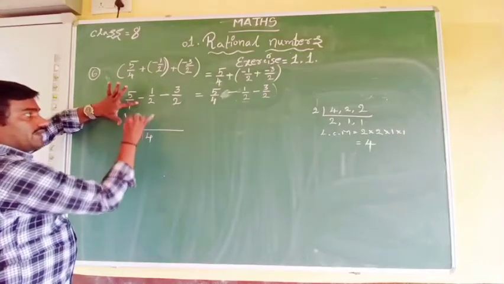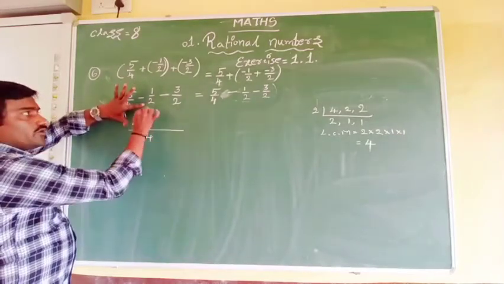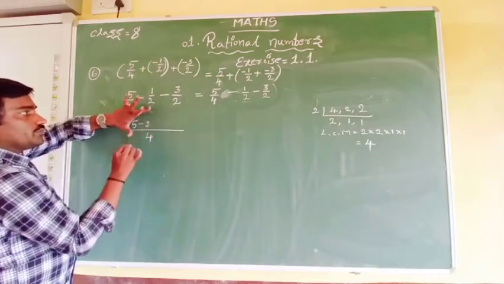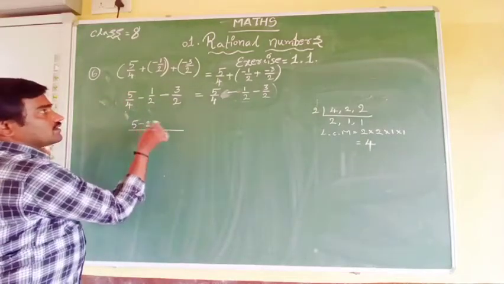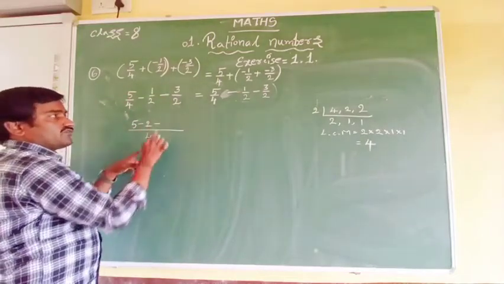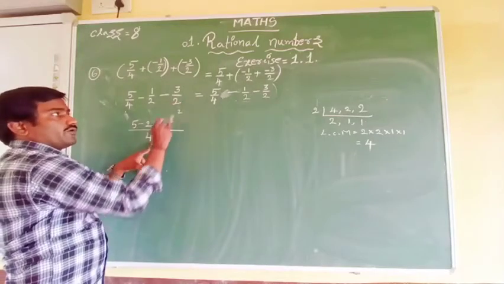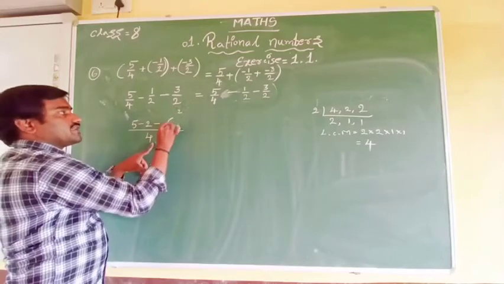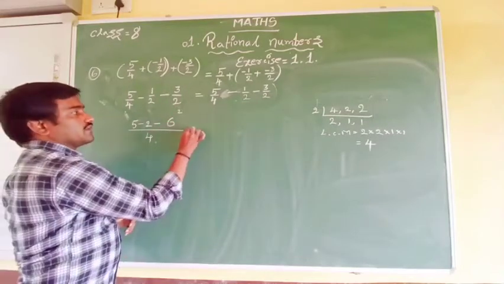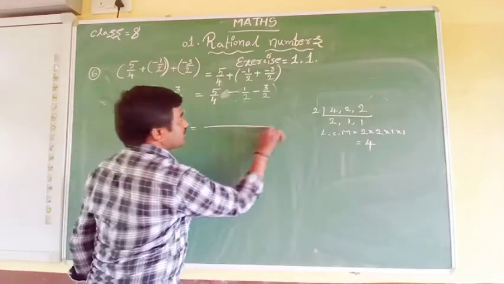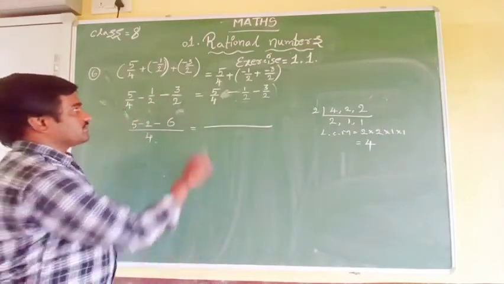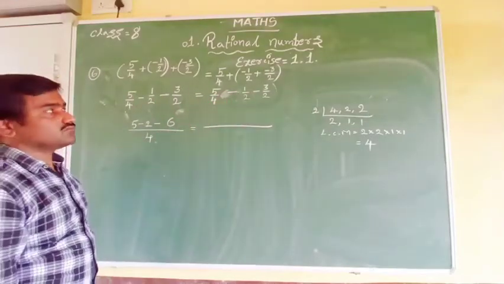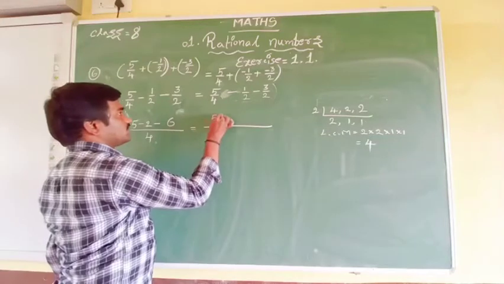Now you can understand. Minus 2 how many are 4? 2 2s are 4. This 2 into 1 is 2. Just minus 2 how many are 4 here? 2 2s are 4. This 2 into numerator 2 into 3, that is 6. Here also we do the same again. See, 5 by 4 minus 1 by 2 minus 3 by 2. Same again. Here 5 minus 2 minus